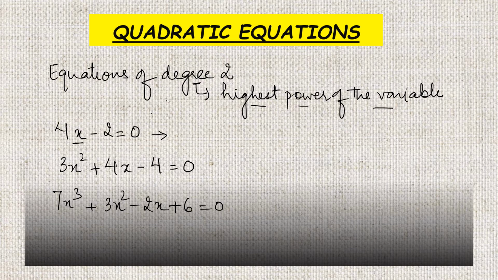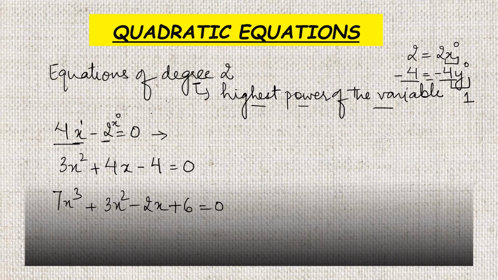What is the power of x in this term? It is 1. And where is x in this 2? You will say that there is no x. Yeah, there is x, but the power of x is 0 because x raised to power 0 is 1. Anything raised to power 0 is 1. So any constant can be written as 2x raised to power 0, or minus 4 can be written as minus 4y raised to power 0. Y raised to power 0, x raised to power 0 will be 1. So ultimately minus 4 is equal to minus 4.